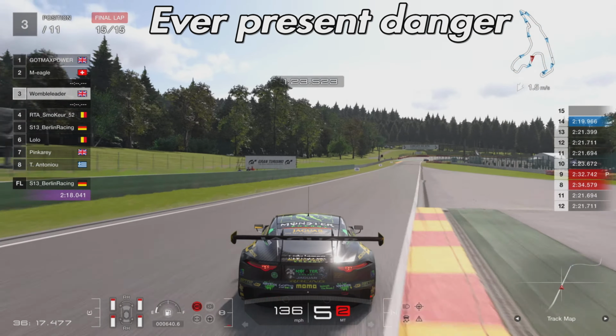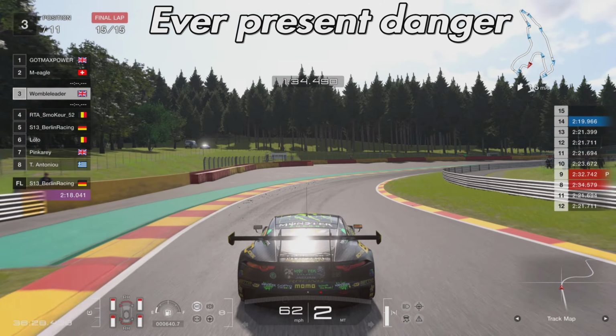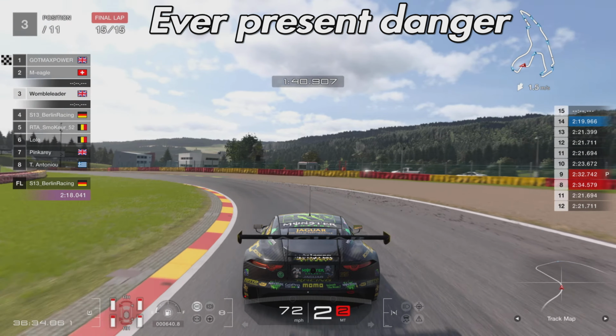And you can see on the last lap here, we just got a little bit too confident on the curb in Pouhon, and we spun the car halfway through the last lap into the wall. Major damage. Obviously that damage disappears after 30 seconds. Now it wasn't too bad, to be perfectly honest with you, for us, because even though this was an all